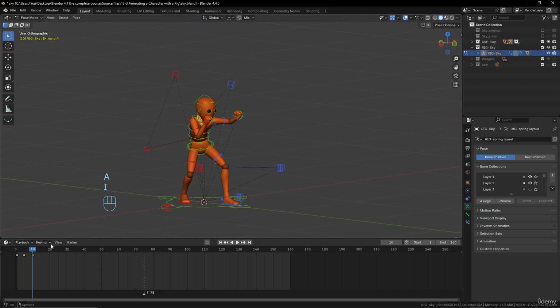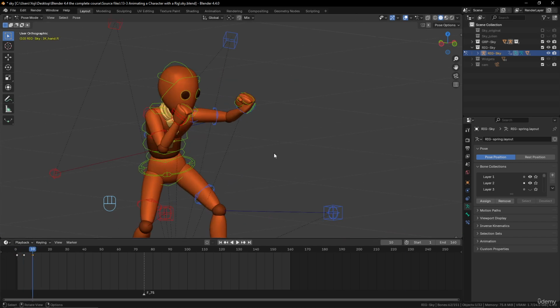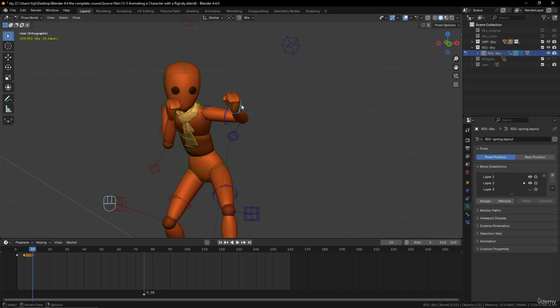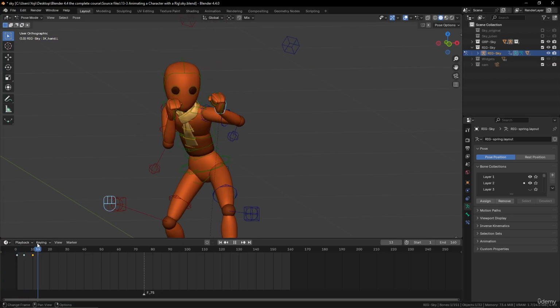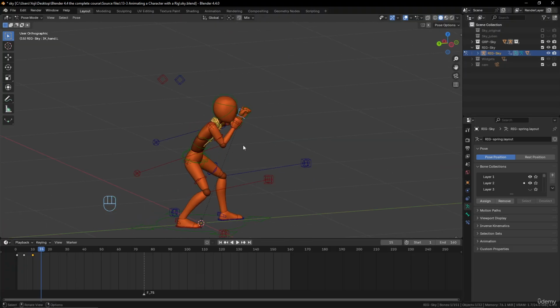We insert the key and now we have the escape over there. Okay, here, maybe move this a little, or it will look a little crazy. I insert a key on that one. So okay, we have this. You see that you can start to have a really nice motion very easily. And now it will just prepare really the